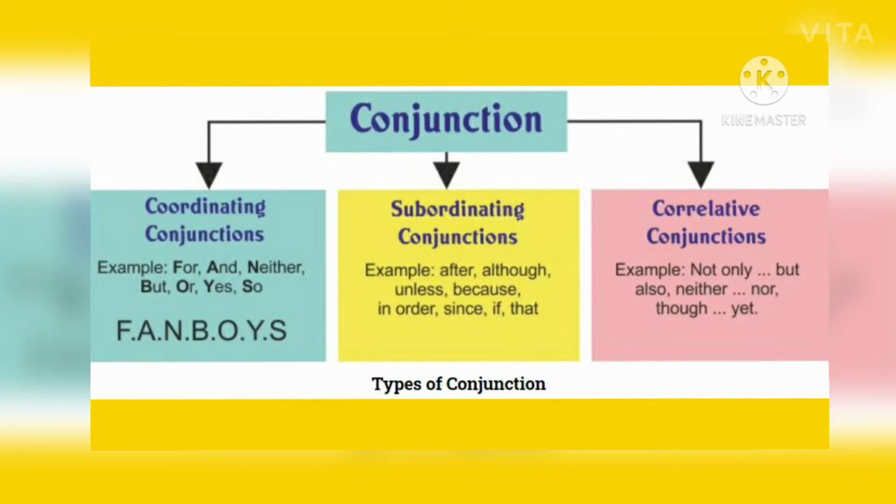There are 7 coordinating conjunctions which are by far the most common conjunctions: and, but, for, nor, or, so, yet. You can learn them by a mnemonic called FANBOYS. F stands for for, A for and, N for nor, B for but, O for or, Y for yet and S for so. By the mnemonic FANBOYS you can learn these coordinating conjunctions, and as you know they are the most important conjunctions used in English grammar.